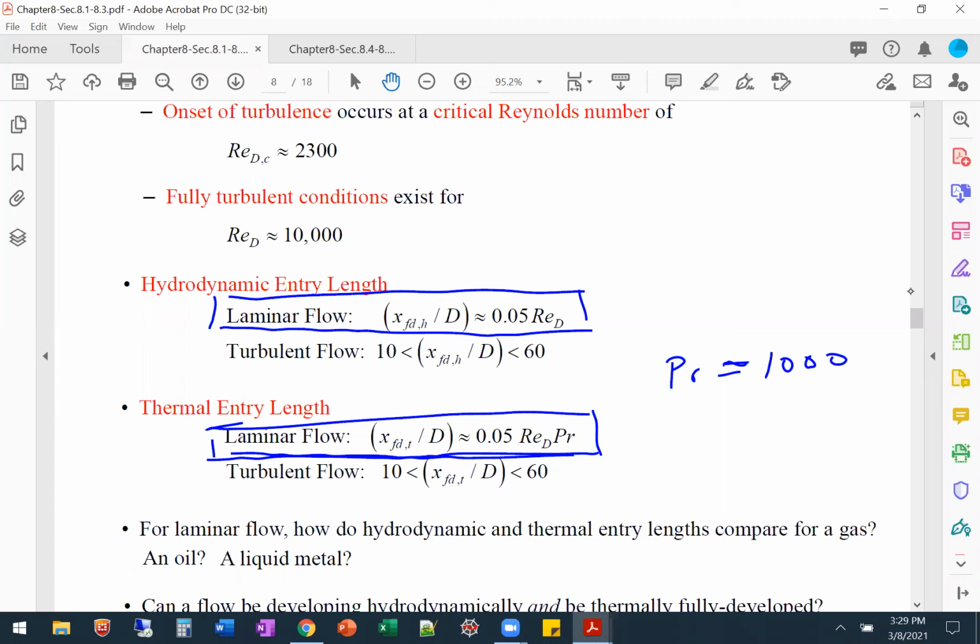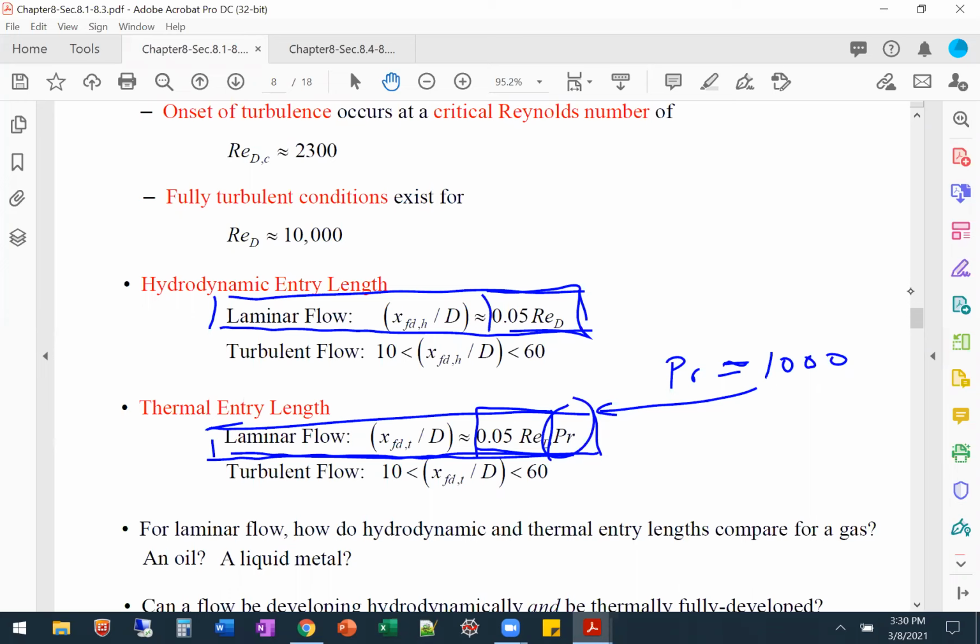I didn't quite get your response. Any answer? It should be 1,000 times larger. Yeah. Okay. So this is the only time you see that Prandtl number there, right? So that's 1,000 times. This right here is the same value here. Okay. So the 1,000 Prandtl number makes the thermal entry length 1,000 times longer than the